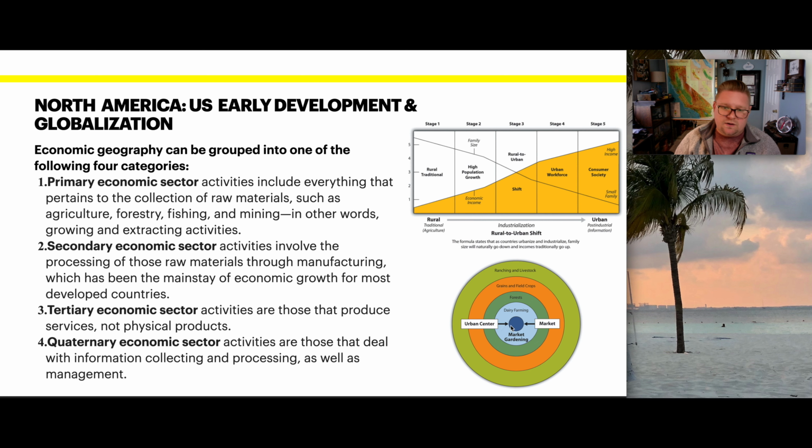But moving over to the top one, that rural to urban shift, you can see that you have that rural tradition, agriculture, urban being post-industrial, informative, so rural being more hands-on, versus urban being more technology and more robotic in that sense. And we certainly see that there are higher incomes involved with the urban shift. We also see that family size decreases in an urban shift environment versus rural.